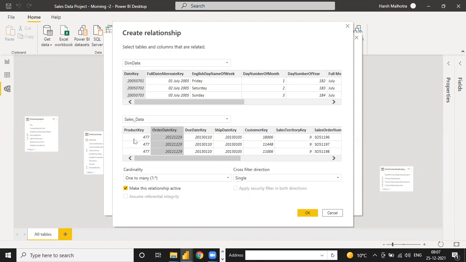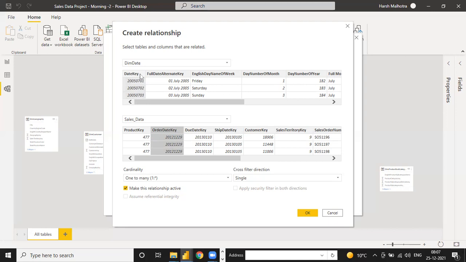Okay, so if I connect this date key, what does it mean here? If we know the functionality of the first date key, then we can come to know which date we need to connect. Date key is just a word, nothing more. Date key means it is the date. You can check 2005, 07 is the month, 01 is the date. Key means it is making a unique column. Key is just like a column name.